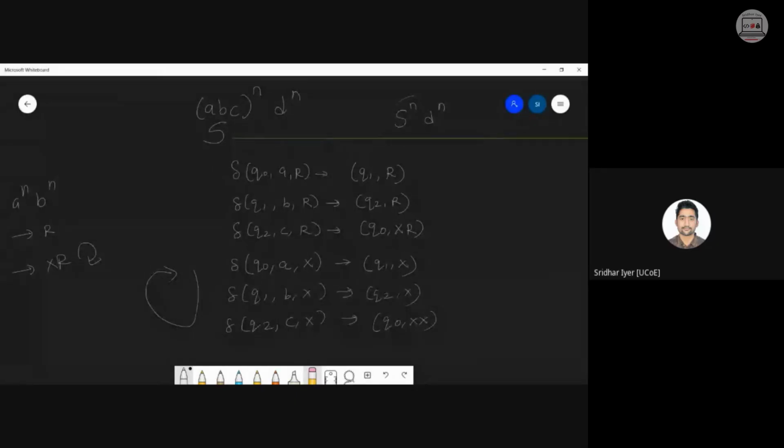If you remember, अगर मैं सिर्फ S raised to n D raised to n करूं तो भी initially Q0 पे आता है ना मशीन मेरा घूम फिर के। याद आ रहा है कुछ? हमने A raised to n B raised to n के problems किए थे, उसमें भी मशीन मेरा Q0 पे ही था। That is why we have again gone back to Q0 and pushed. Are you getting it now? ओके, समझा? अभी तो घूम फिर के मशीन ने सिर्फ एक X push किया है, जितने भी X हैं उतने push किए, because it is a loop.